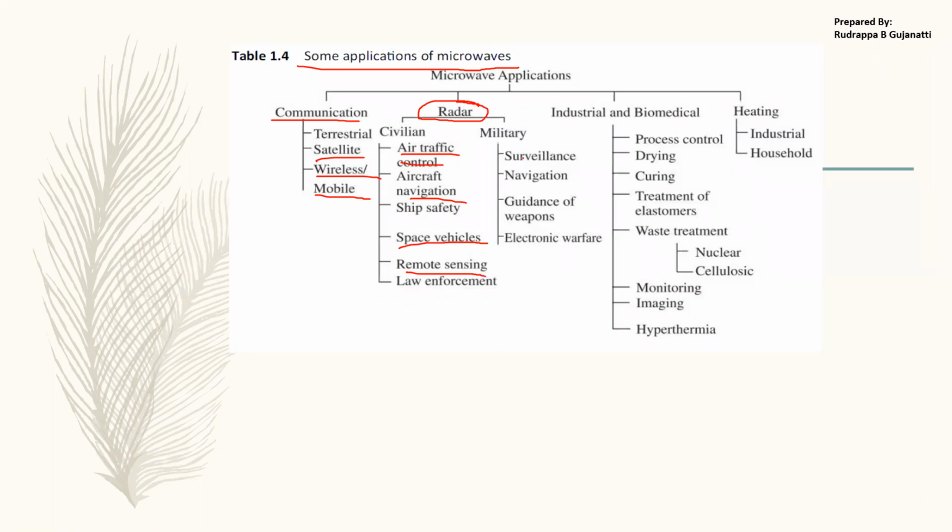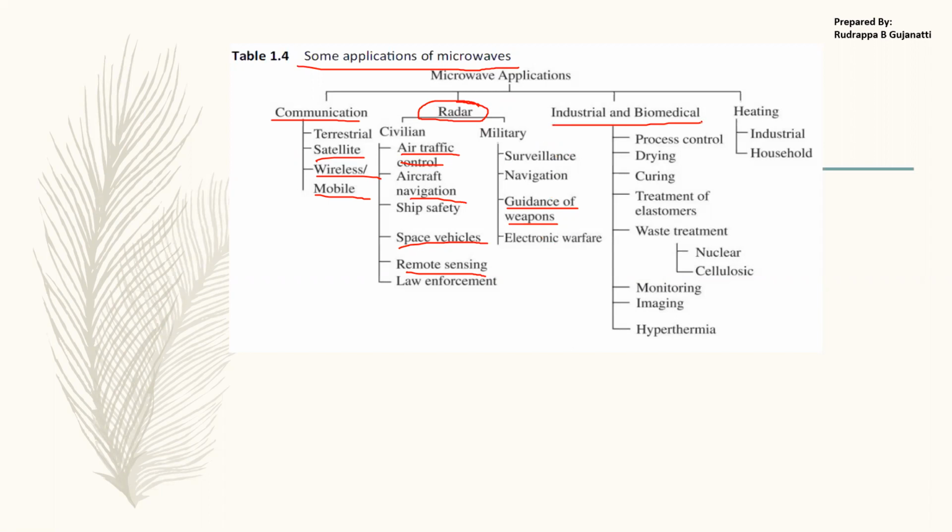And in military applications, say if you want to launch a weapon or a guided missile, it has to be given the communication aspect. So in order to do that, you go ahead with the guidance of weapons, which is done using radar operations, which makes use of the microwave signals. So these are just a few to name.